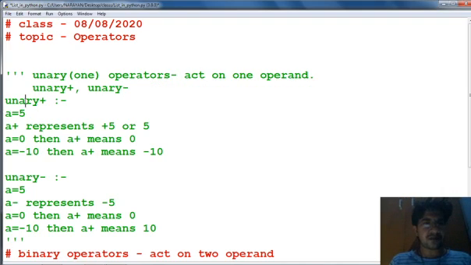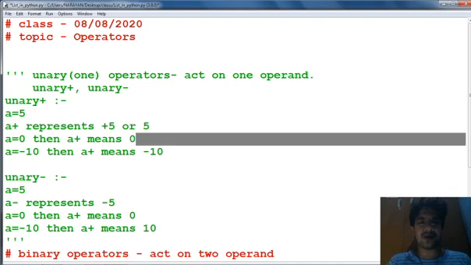Suppose, for unary plus, if we write a equal to 5, then +a represents plus 5, or just 5, because no sign is needed before a positive number. If a equal to 0, then +a means 0, because 0 is neither positive nor negative.